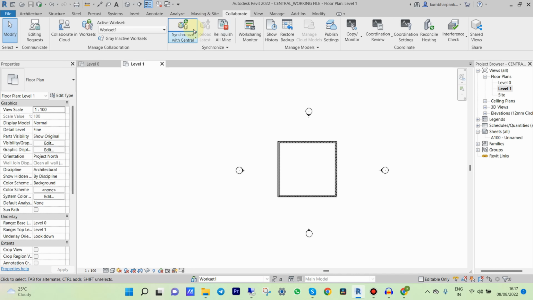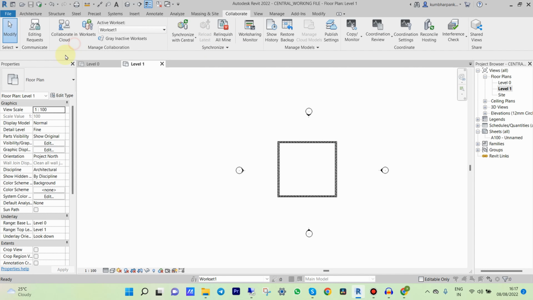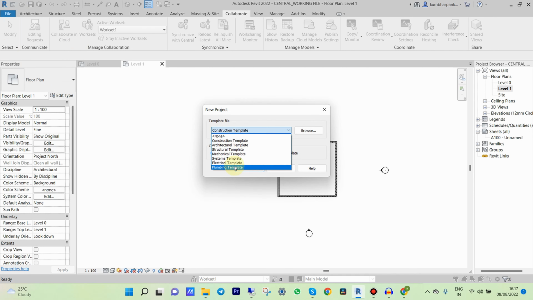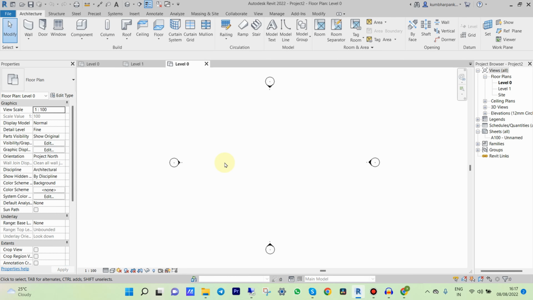आज हम लोग देखने वाले हैं सेंट्रल वर्किंग फाइल, ये जो दिख रहा है, इसे कैसे क्रिएट किया जा सकता है। सो फॉर एग्जांपल लेट्स टेक अ न्यू प्रोजेक्ट, select the template in whichever projects you have been working on। आर्किटेक्चर होगा तो आर्किटेक्चर टेम्पलेट, स्ट्रक्चर होगा तो स्ट्रक्चरल टेम्पलेट, मैकेनिकल होगा तो मैकेनिकल टेम्पलेट। सो फॉर नाउ आर्किटेक्चर टेम्पलेट हम लोग सिलेक्ट करेंगे, हिट एन ओके बटन।